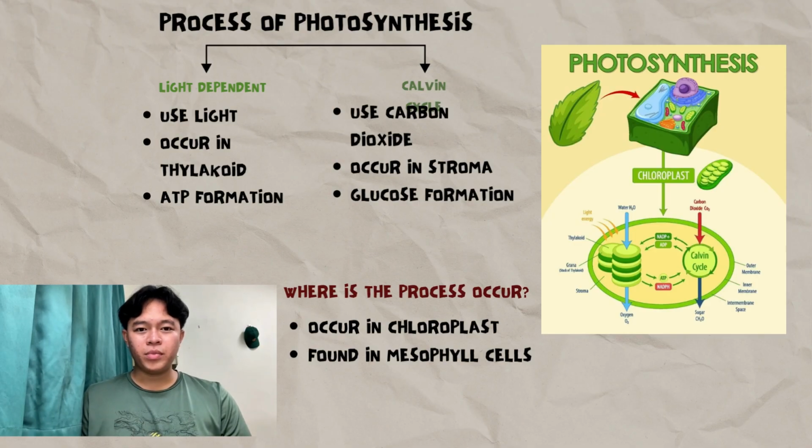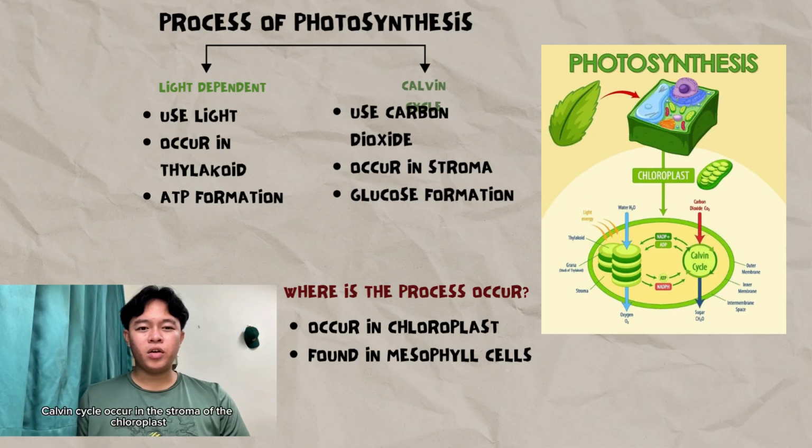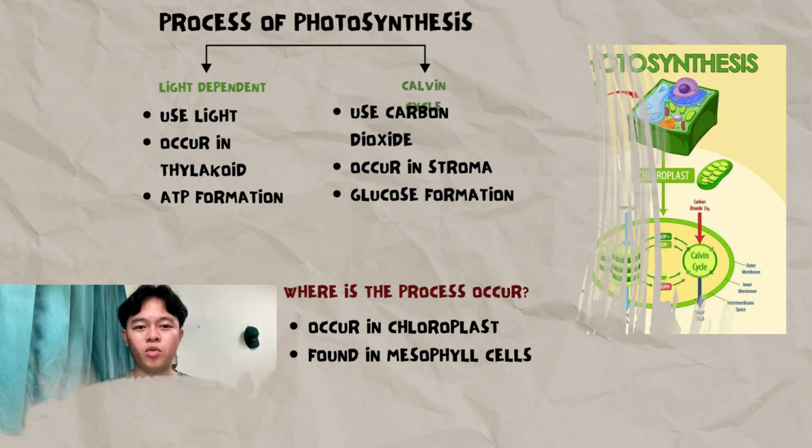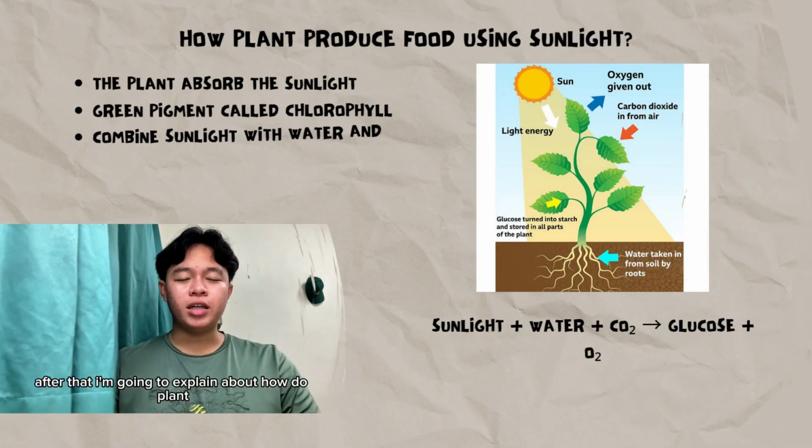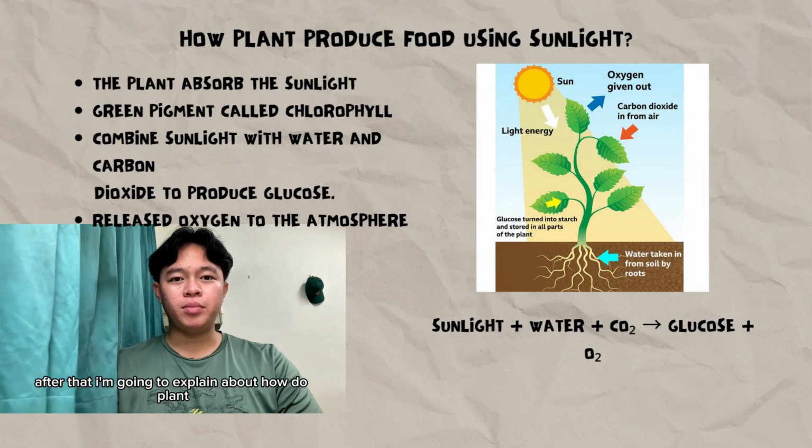And the second one is the light independent reaction, or Calvin cycle. The Calvin cycle occurs in the stroma of the chloroplast. The plant uses carbon dioxide and the energy produced in the first stage to make glucose. After that, I'm going to explain about how the plant